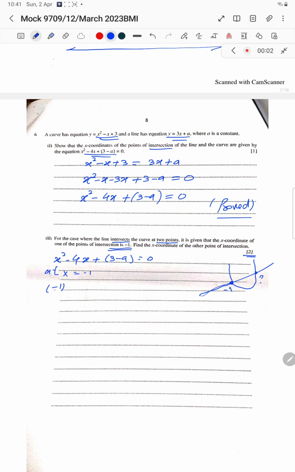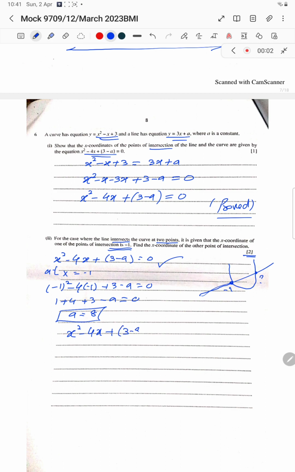So -1 square minus 4 times -1 plus 3 minus a equal to 0. So 1 plus 4 plus 3 minus a equal to 0. So a goes to be 8. So now replace here the value of a, x square minus 4x plus 3 minus 8 will give you,